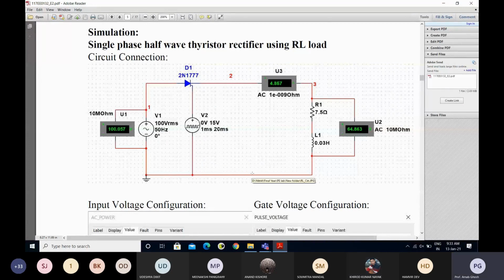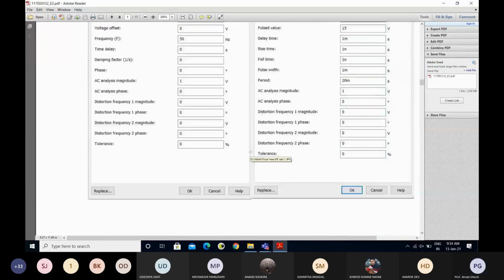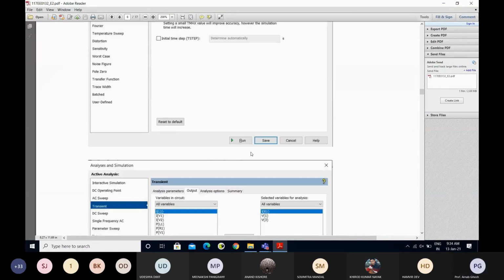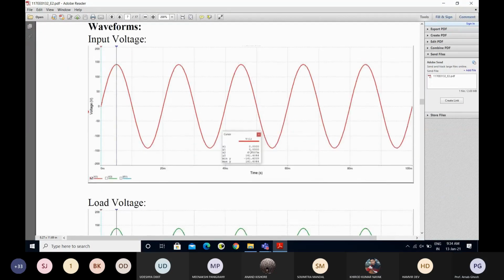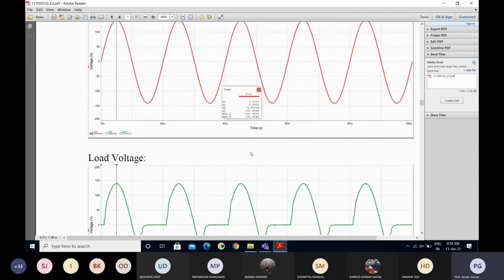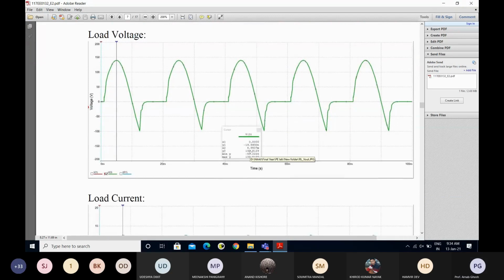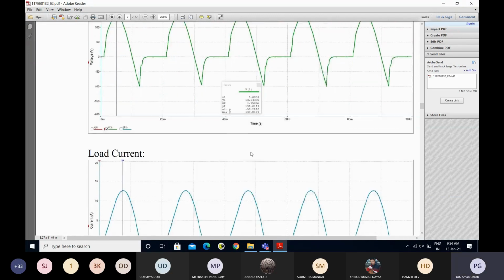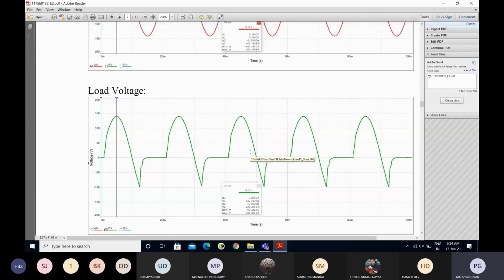Show me now. Sir, this is for the RL load. How much firing angle is there?